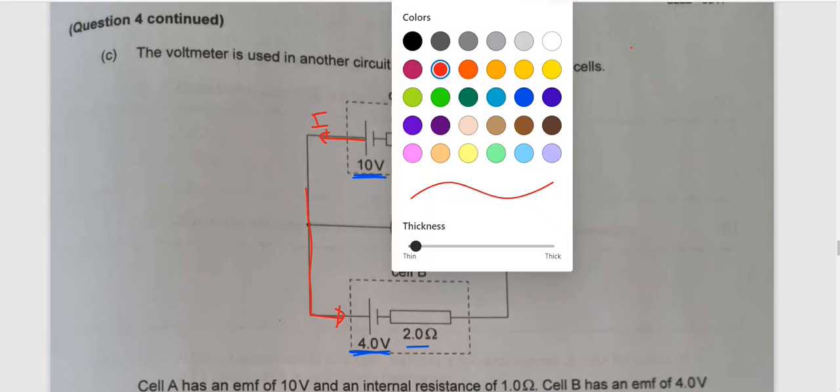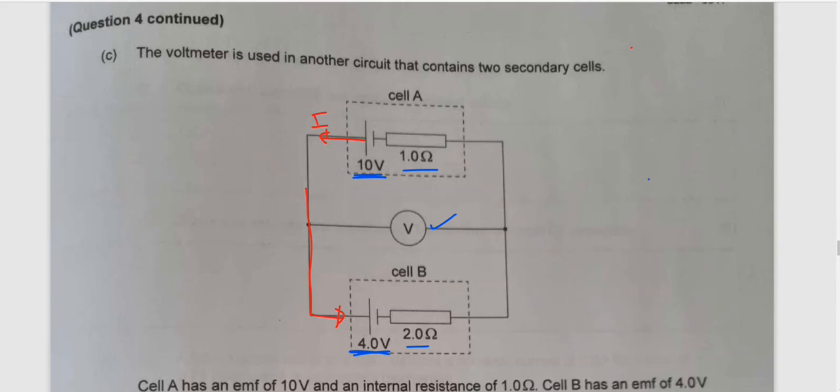Now I'm going to assume the direction of the current in the branch, and the loop goes in the same direction. If this we call the branch current, and this the loop current,